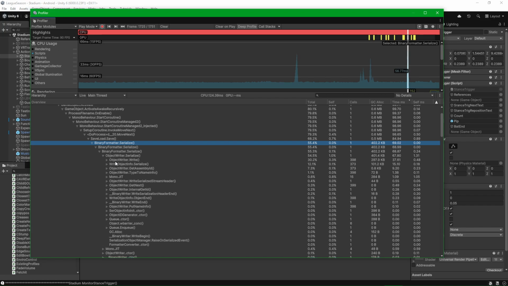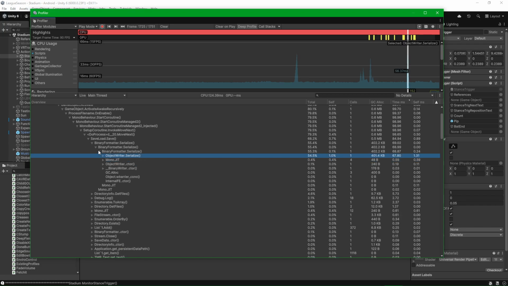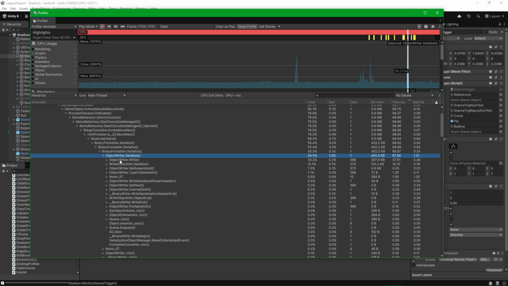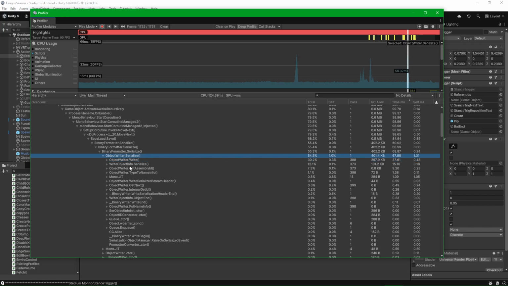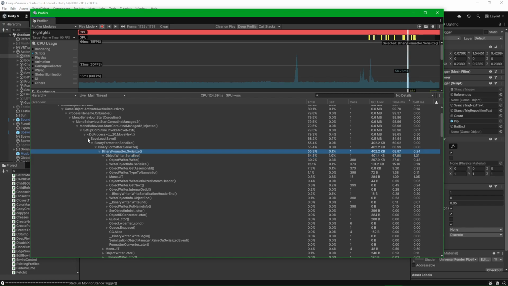And so, yeah, with this, you might just want to delay this from happening, because I hadn't actually seen this one before. You might just want to delay this from happening whilst the game's in play. Unless, because I don't know what you're serializing here or what you're loading or saving, but